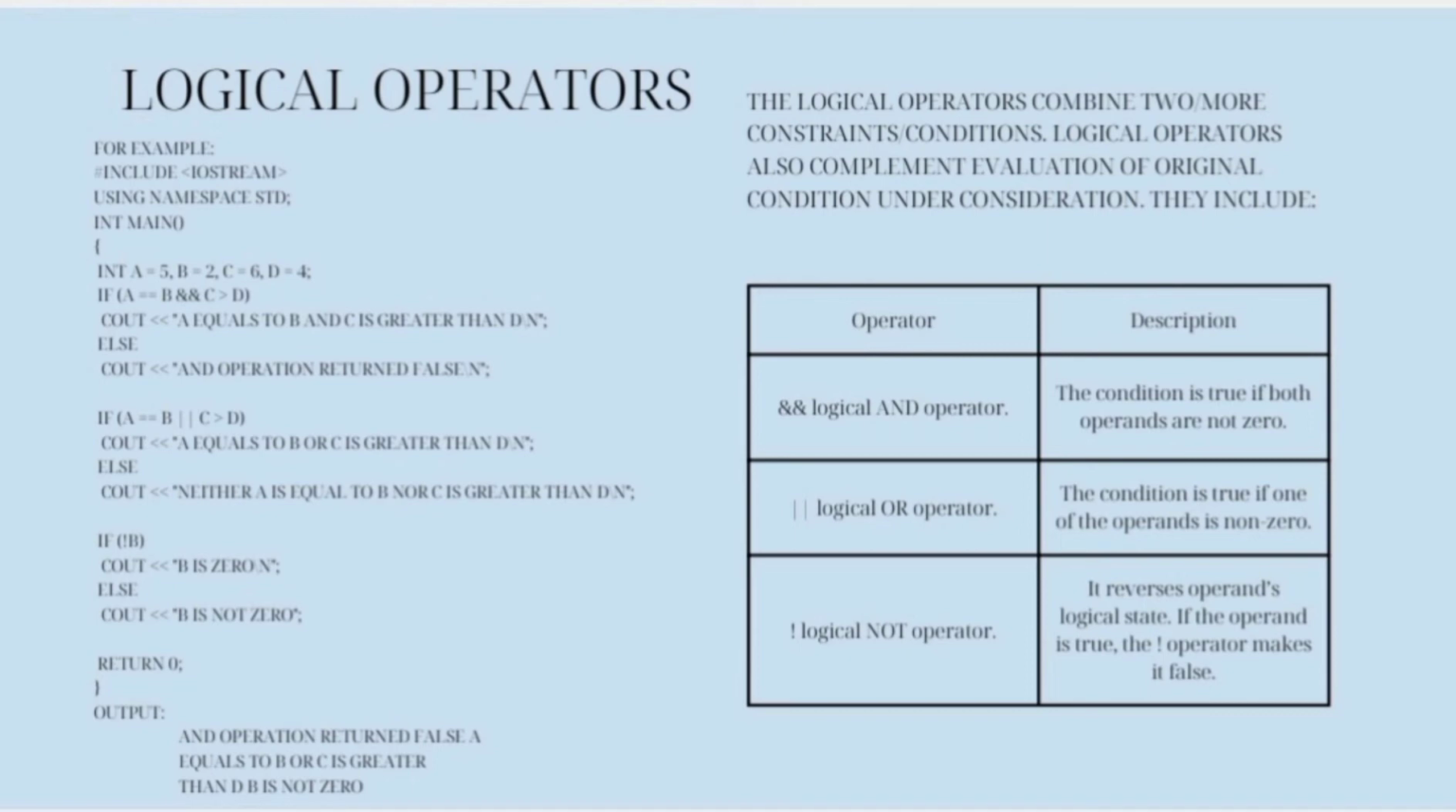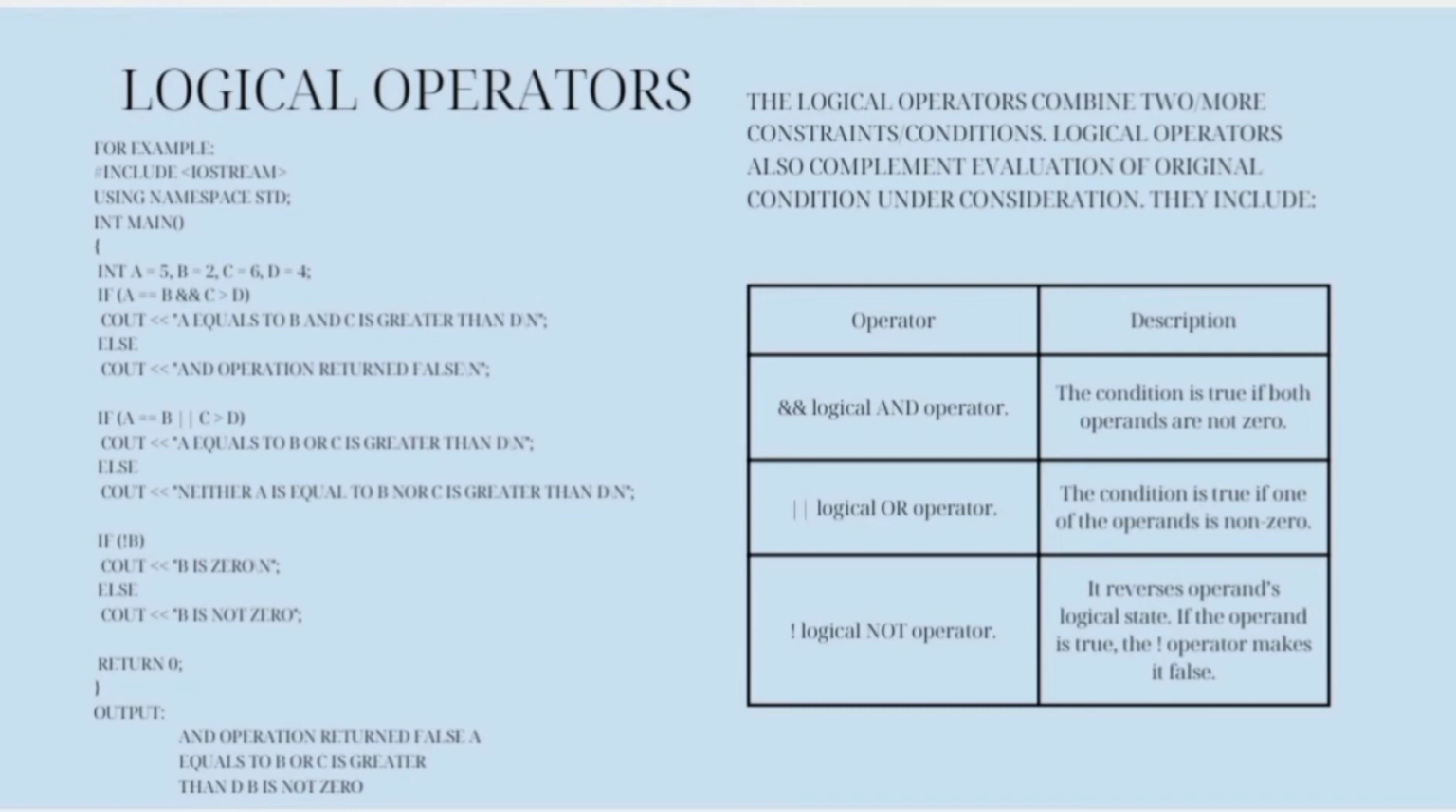if (a == b && c > d) cout << "a == b and c is greater than d\n"; else cout << "AND operation returned false\n"; if (a == b || c > d) cout << "a == b or c is greater than d\n"; else cout << "Neither a is equal to b nor c is greater than d\n";